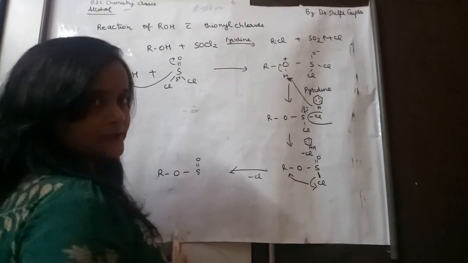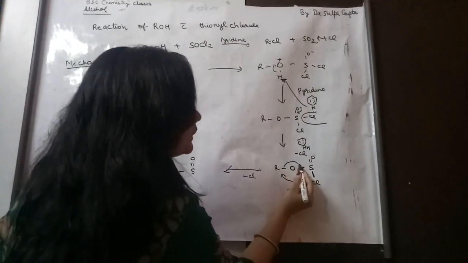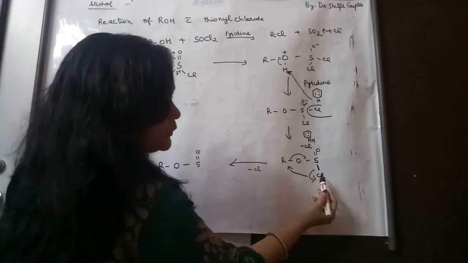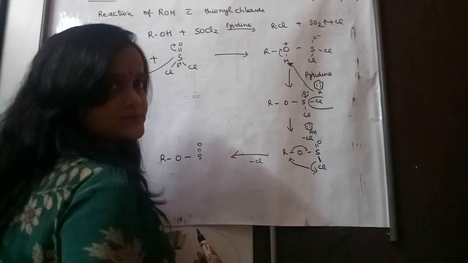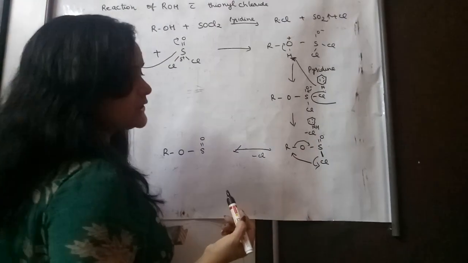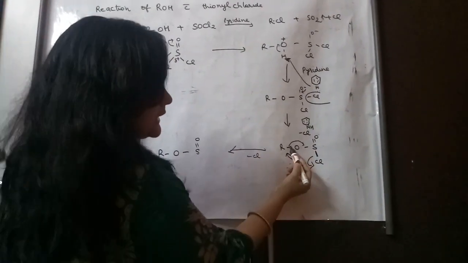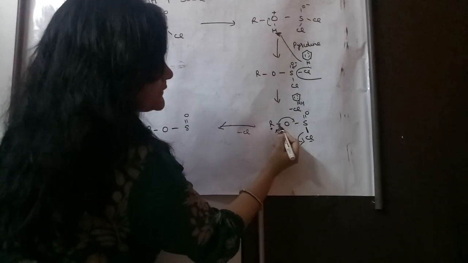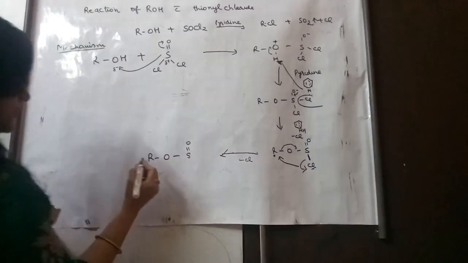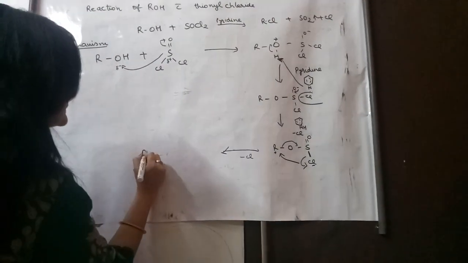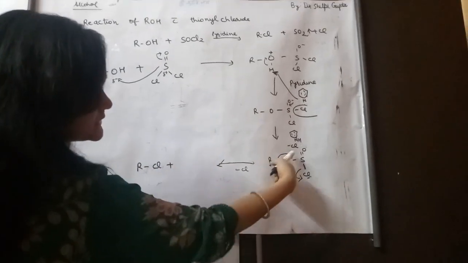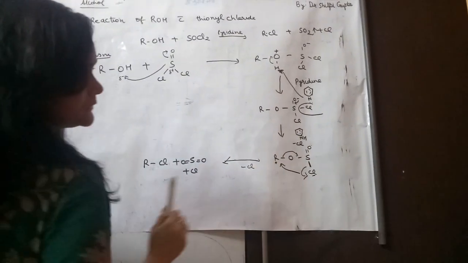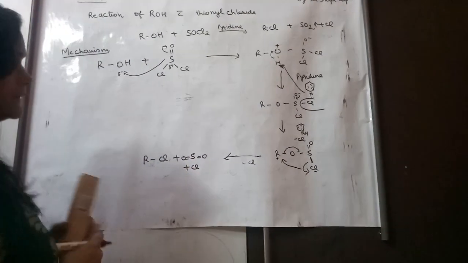When it will attack on the alkyl group, then this bond will shift here because of the deficiency, S will again become electropositive. When Cl will remove, then S will become electropositive. So it needs a bond, a lone pair of electron. So it will take the bond from here. And Cl is negative charge, and it will have positive charge when the bond will shift. So RCl will form. What will form is RCl plus SO2, and Cl which was removed earlier in the reaction will also form in the reaction.